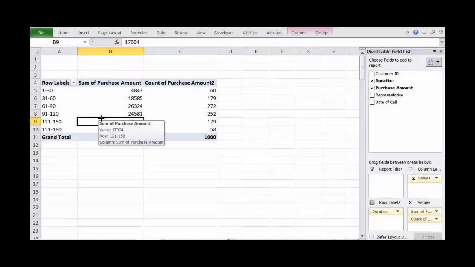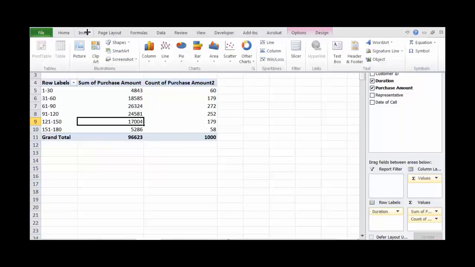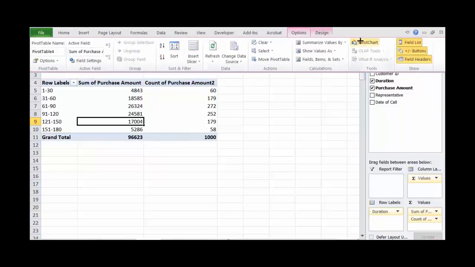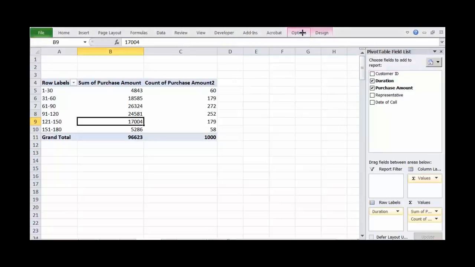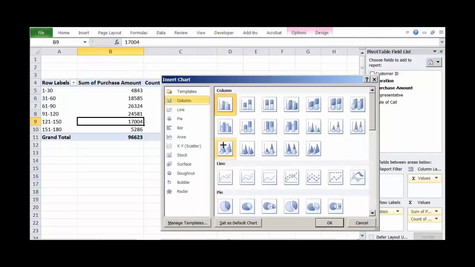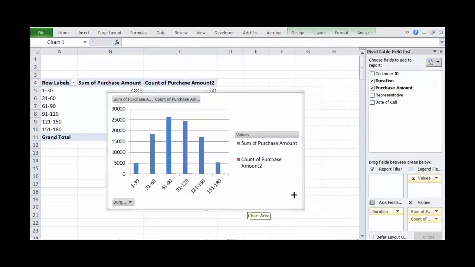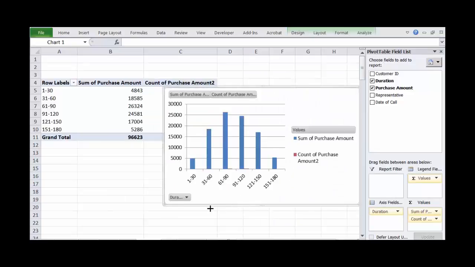You can create pivot charts from this pivot table. You see here, pivot chart. Under the pivot table tools options, you have the pivot chart. Note that if you are using MS Excel 2013, instead of options you will have analyze. So you have analyze, and inside that you have the pivot chart. You can say options or analyze, pivot chart, whatever chart you may want to get. So this is one way to get the chart.